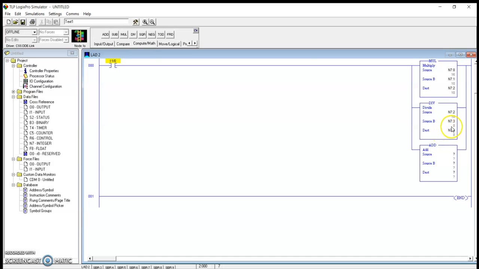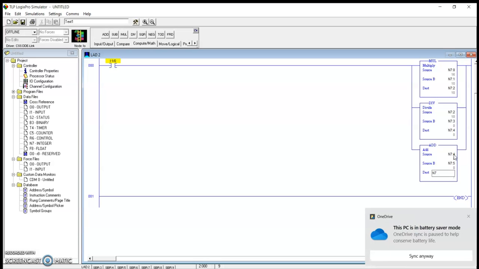Now this value N7:4 we are going to add with 32. So N7:4, next one is N7:5, and then N7:6.